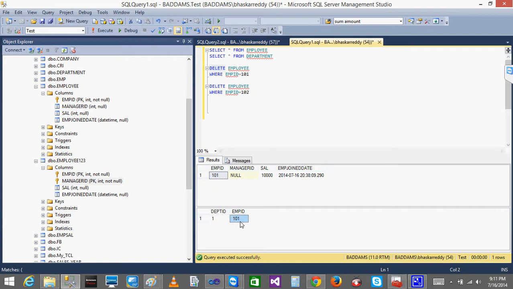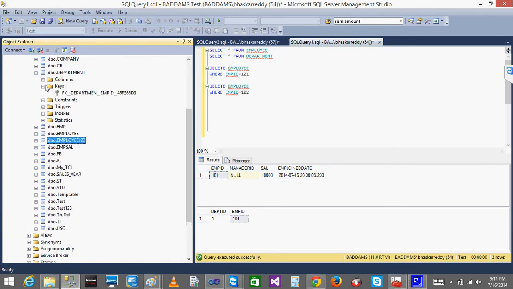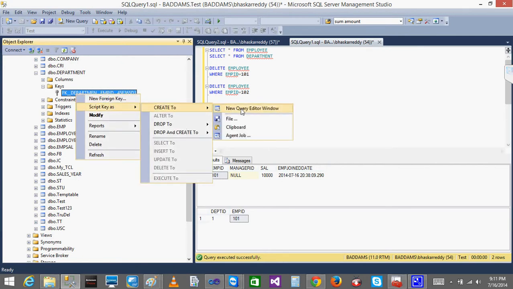Are you able to get my point? For that purpose, on the foreign key in the department table, I'll click on the foreign key and script as create new.